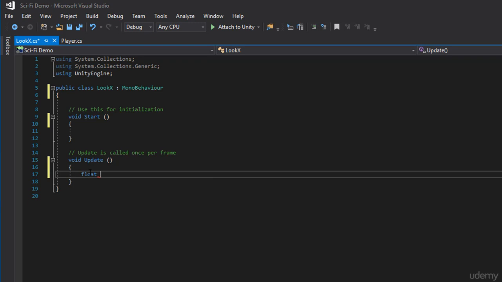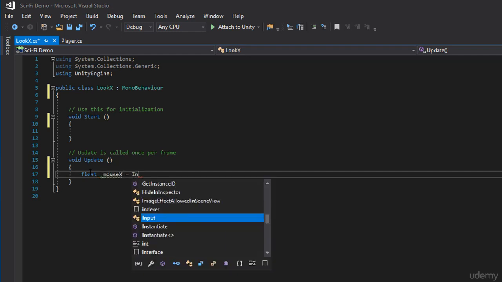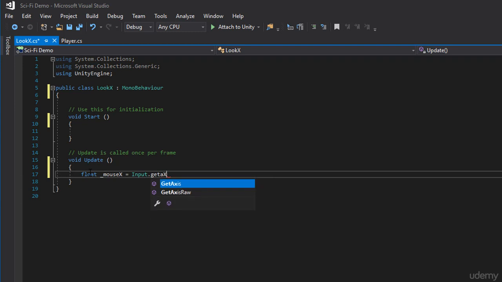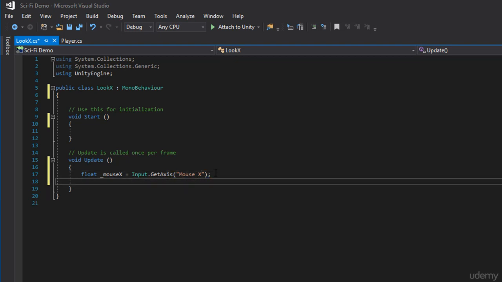So here we're going to say float mouseX equals the Input manager. We're going to get an axis, and the axis we're going to get is Mouse X. Now make sure when you're typing Mouse X, it's Mouse space X because that's how it's written in the Input Manager. Here we go, float mouseX equals Input.GetAxis Mouse X. Now that I have that value, I basically want to take that value and I want to add it to